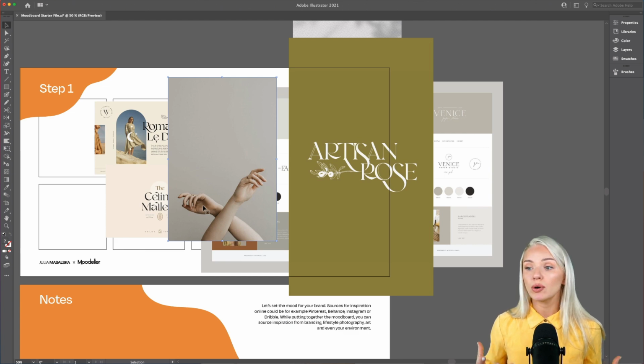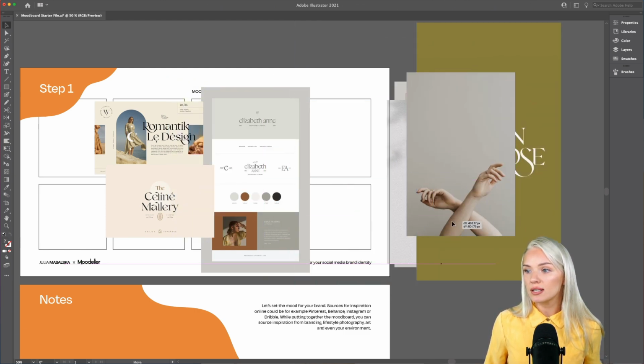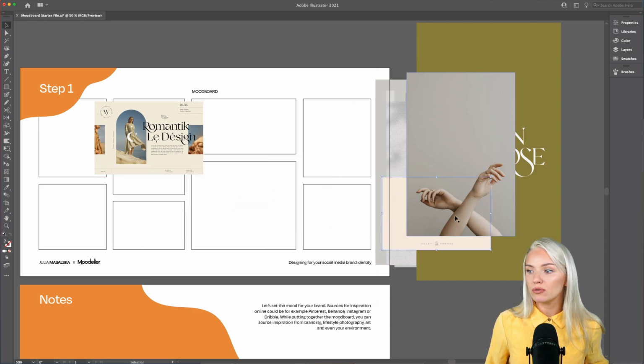And this is the purpose of a mood board. We want to create a mood, and the mood can be made by colors, photography, typography, and different types of graphics that are symbolizing specific things, right? So it's important to always keep in mind the target audience, and then you'll be able to find the right